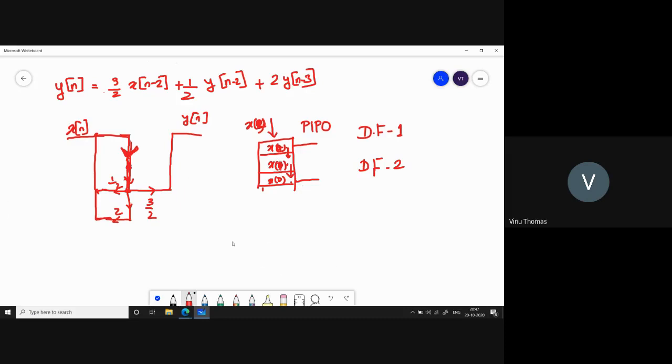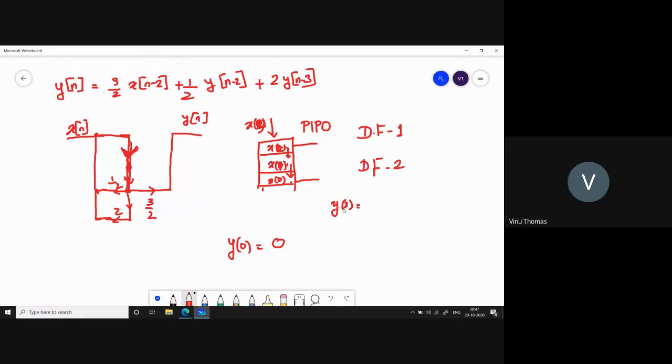Say, for example, let me write the expression for y of 0. What will be y of 0? Meenakshi, from this equation, what will be y of 0? You can assume that the system is causal, so you don't have any samples there. You don't have anything there, so y of 0 is equal to 0. Let me write the expression for y of 1, assuming that the system is causal. What will be y of 1? Now also there won't be any. There is also no sample here.